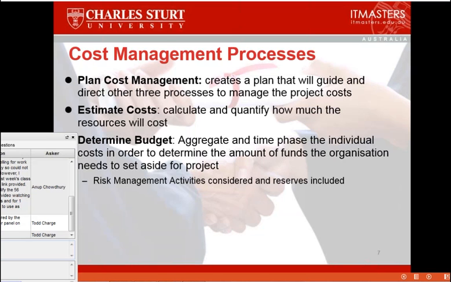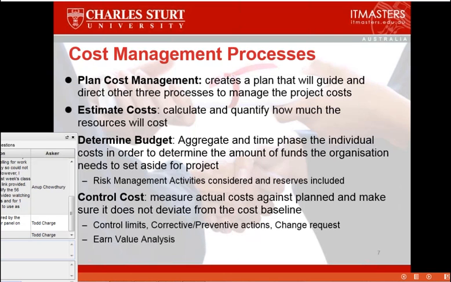And then we time phase that in order to determine the amount of funds the organization needs to set aside for the project. One of the things that we have to recognize is that after we've looked at all our activities, hopefully we won't have built in any additional allowances or contingencies within the activities. What we might do is take a risk approach and do an expected monetary value against each of our risks, and then build a contingency to cover the overall value of those risks, and that becomes an additional amount that we add to our budget, and we look at that in a few minutes.